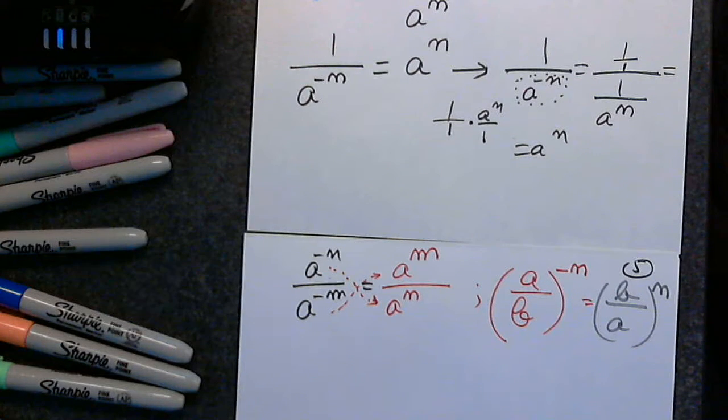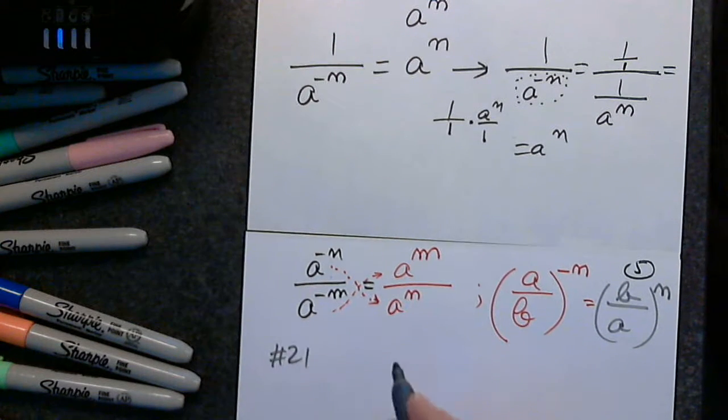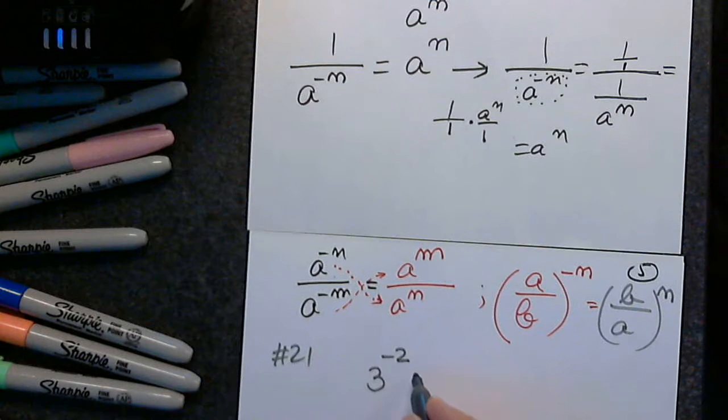Okay, here's a tricky one. 3 to negative 2 plus 3 to negative 1. And I have